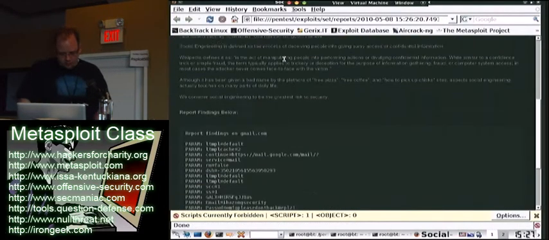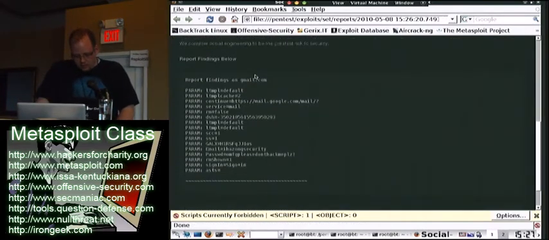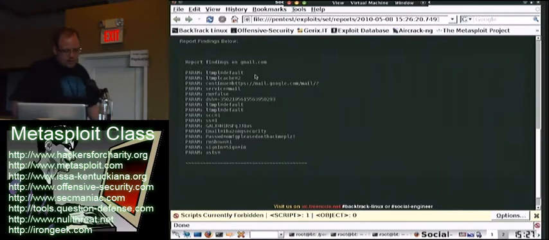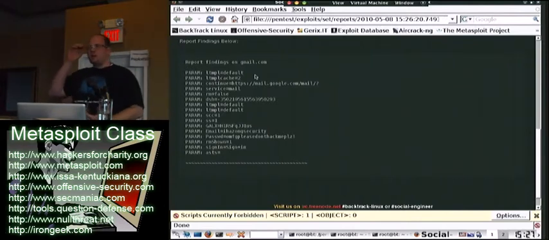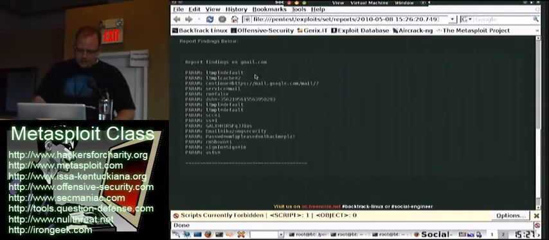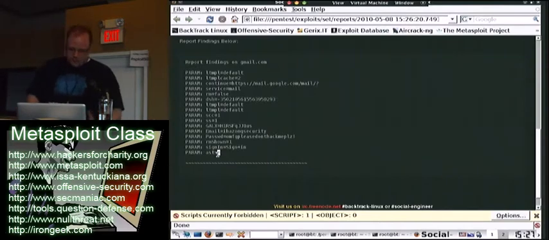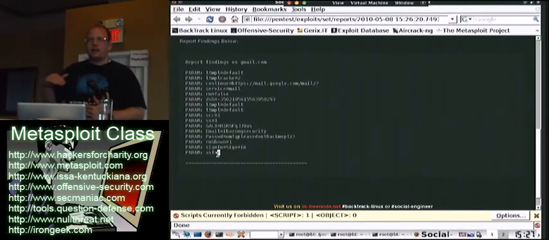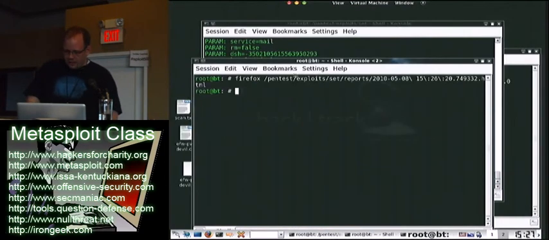So it generates a nice report for us. You can see here, it gives you a little definition of the Social Engineering Toolkit, the report format, and then it shows everything in here. So you can see the email and the password field. These are all the POST parameters. SET tries to do a good job of determining what the username and password fields are and highlight those for you, but again, it's not perfect, so I've included all of the POST parameters in there for you. Now you can see that line down here. There's where you can see multiple users, breaking on different ones, so I'll be able to harvest it all for you. Pretty slick.